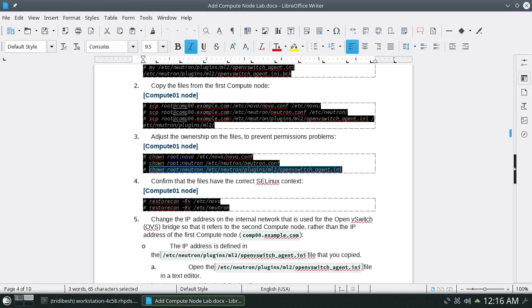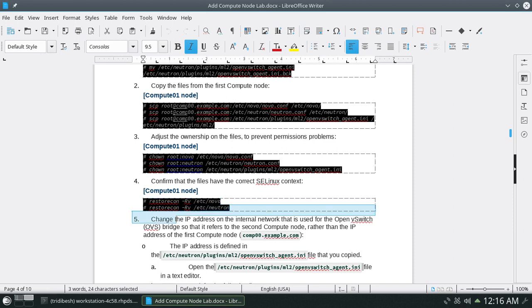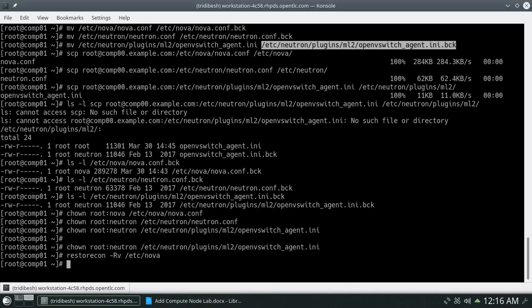Also you can check the SELinux tagging, so that you have proper SELinux tagging. You can run restorecon on the Nova and Neutron directories.